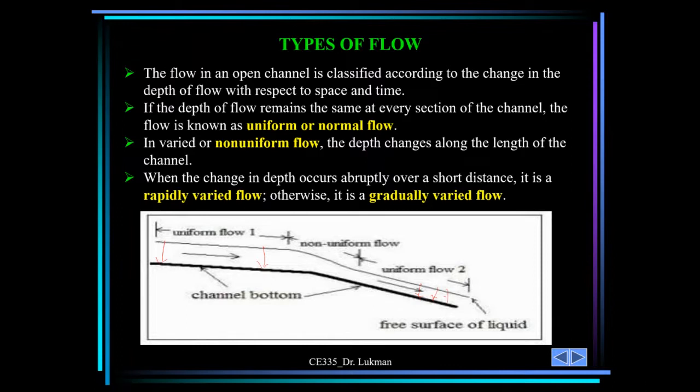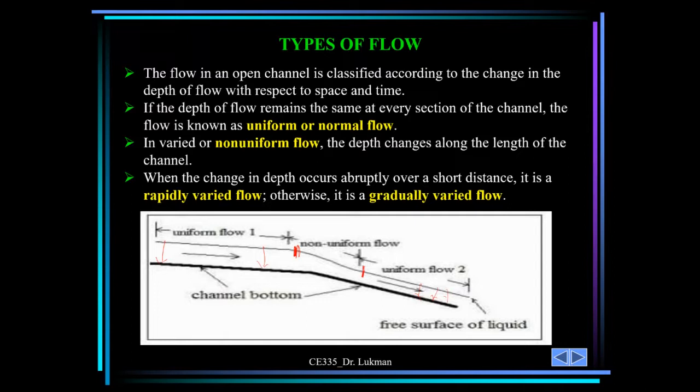When the change in depth occurs abruptly over a short distance, abruptly here means suddenly, it is a rapidly varied flow. Otherwise, it is a gradually varied flow. Like here, you have a period when it is non-uniform, over some distance. So we can call it gradually varied flow, and you can also have